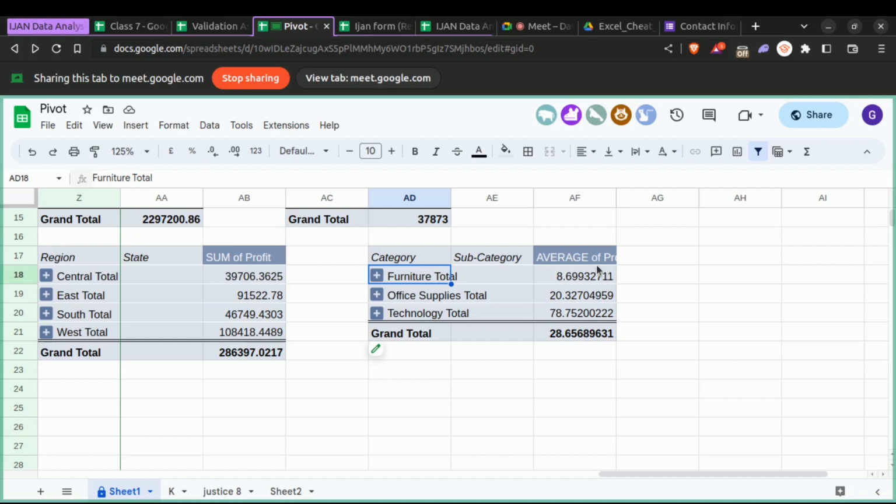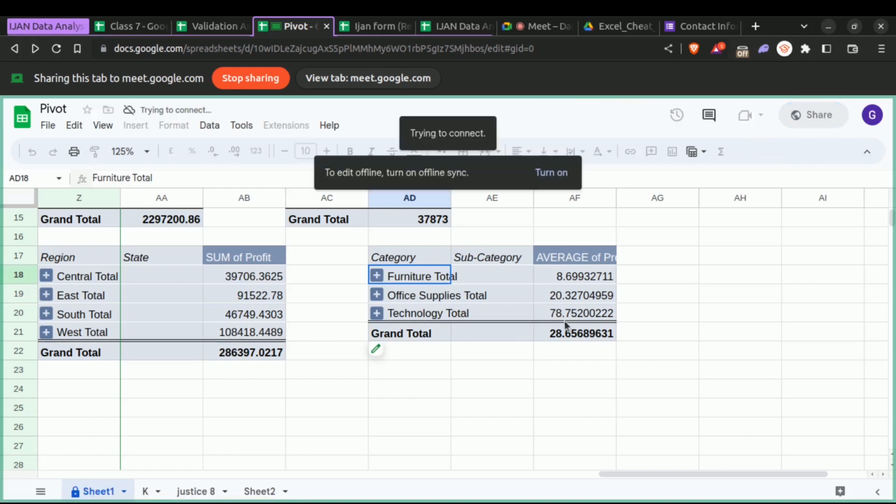The average of the profit that this is making is furniture is 8.69, office supplies is 20.32, then technology total is 78.75, while the grand total, oh, network,